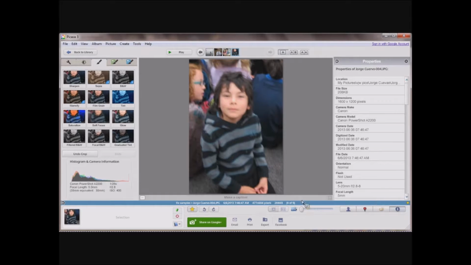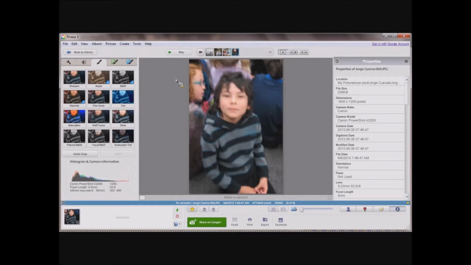One thing I didn't talk about was this blue line that is underneath the photograph. And in that, it gives you a little bit of information. It tells you about when the photograph was taken and what the pixel size is and how big the photograph is. But the panel on the right, where you click on properties, which is the fourth button over on the right, gives you a lot more information about the photograph. Okay,